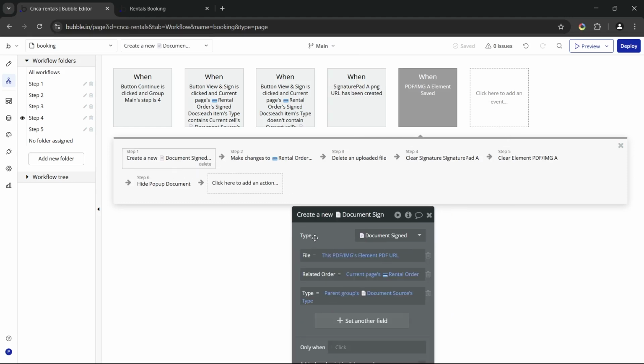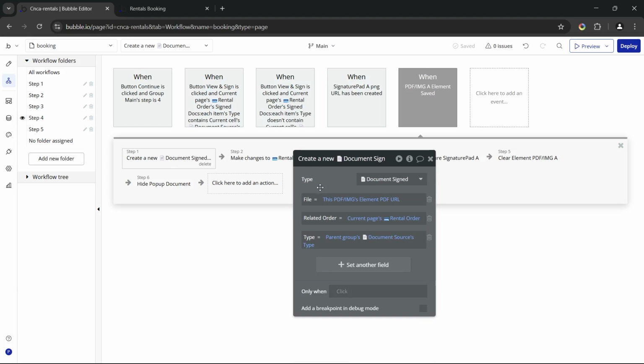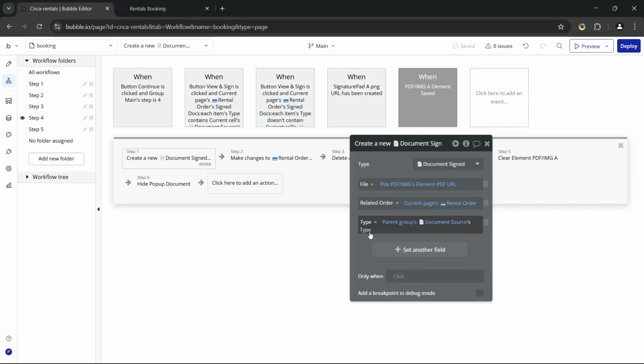So the first thing is I'm going to create the signed document record. I'm going to save the file, the PDF that was actually created. So here's this, right, this PDF elements URL. We're going to save the order to this signed document. That's just at the page level. And we're also going to save the type. So the type is actually